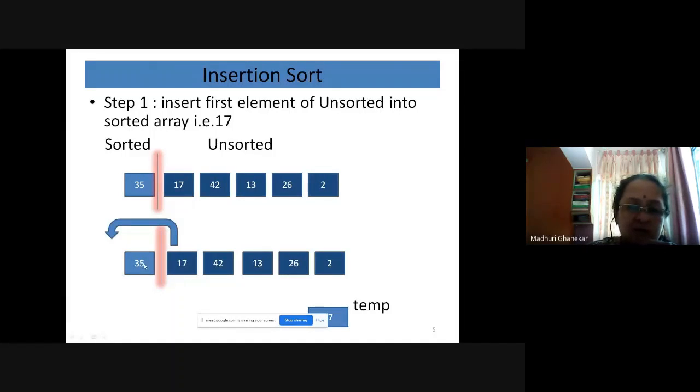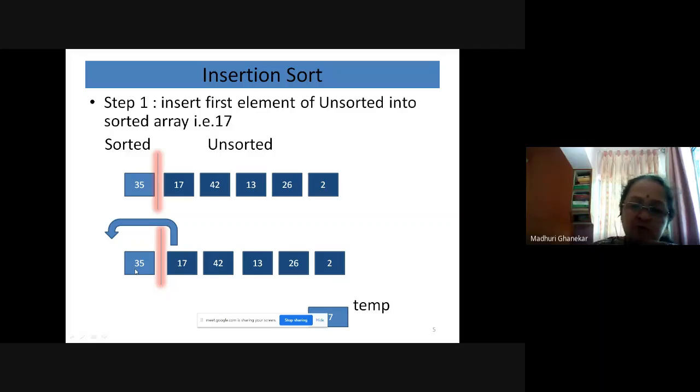As you can see, the appropriate position will be before 35. But how do you recognize which is the position? For that, we go on comparing from the last position of the sorted array. The last position of the sorted is 35. So we compare 17 and 35, and we find 17 is smaller than 35.